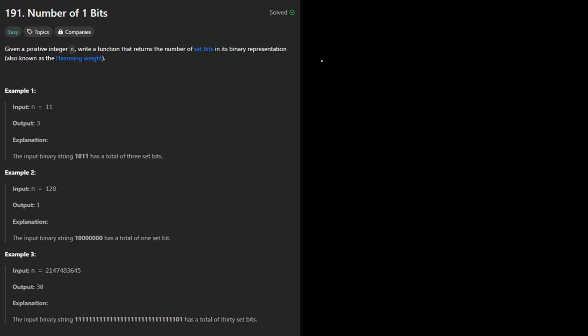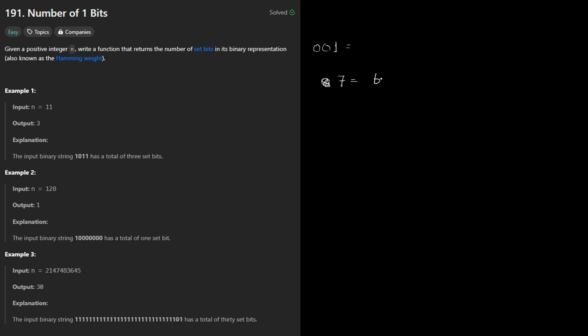Set bits are basically, let's say a binary number, it could be 001. The set bit is the 1, which is the 1 value. Let us take the example of a binary number, let's say 8, or for the sake of simplicity let us take a binary number of 7, which is going to have the value of,